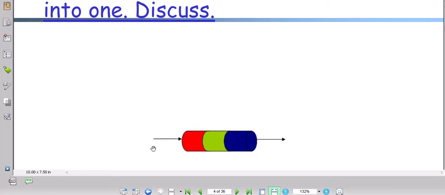Or maybe I'm going the other way. I mean, maybe what I want to do is to be able to write appropriate chunks of data out onto this communication channel,